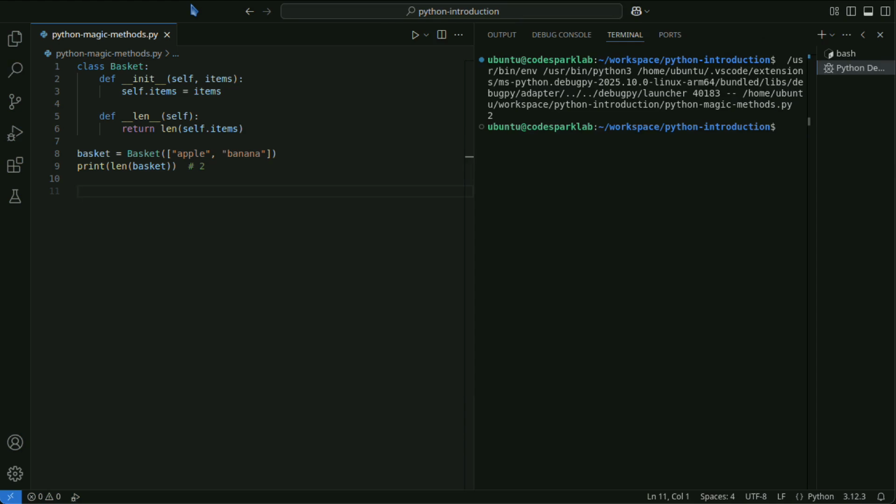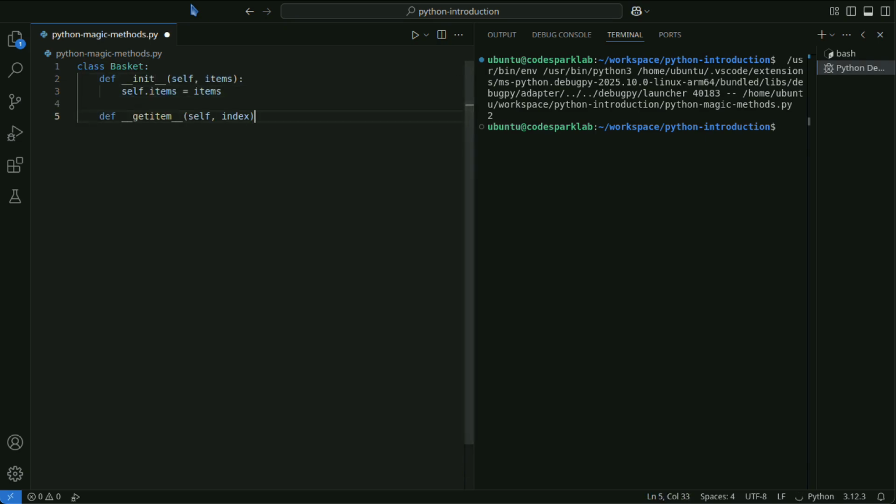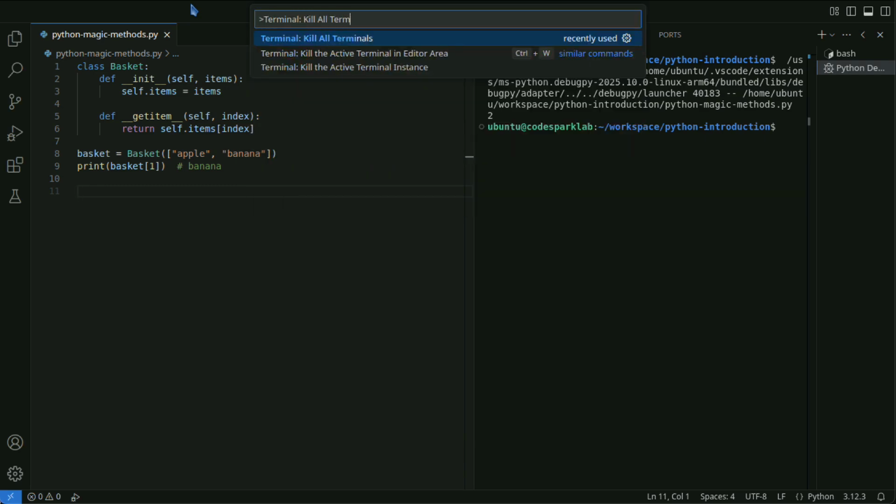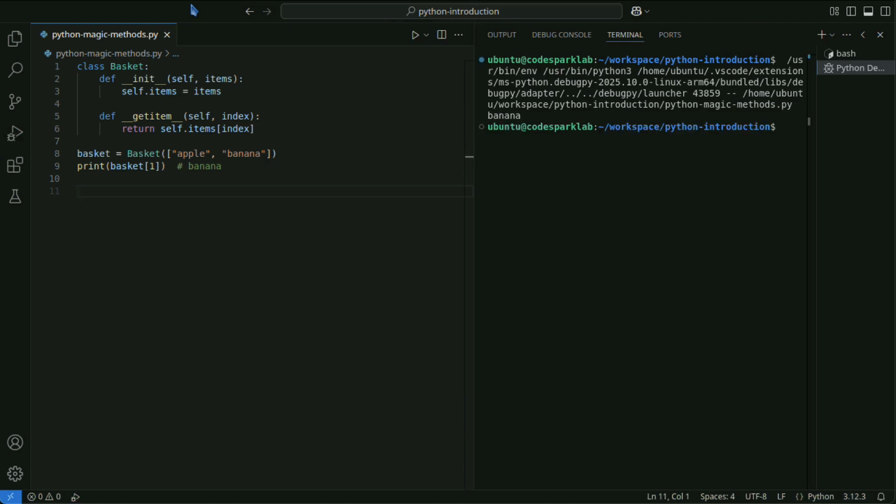The __getitem__ method is called when using index access. The __setitem__ and __delitem__ methods are called when writing or deleting items.